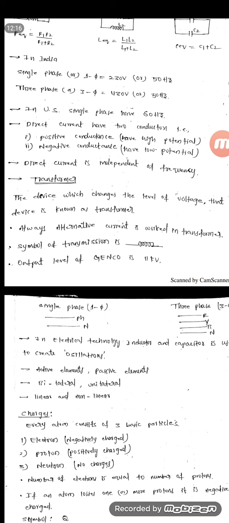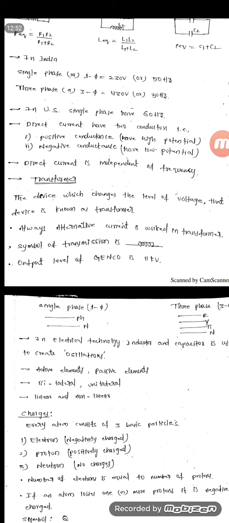This 11 kV is stepped up to 33 kV, then 132 kV, then 220 kV, then 440 kV. Once it is increased using a step up transformer, the voltage of 132 or 220 or 430 is used for transmission. Again this high voltage must be stepped down to 11 kV by using